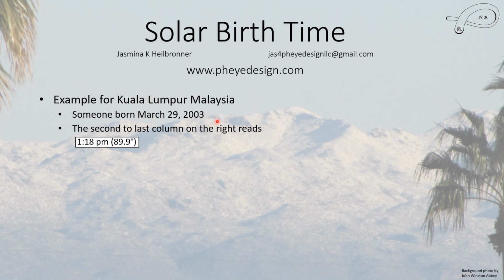And if they were born on this date, you can look at the solar noon column, and this is what you would see. 1:18 p.m. and then you see a degree. Now this degree is the slope, not the slope. This is the degree from not really the horizon, because that has to do with what you have around there. It is the degree from 90 degrees from nadir, that is directly overhead. It's a little confusing, but you can see this is nearly straight overhead, but that's because it's so close to